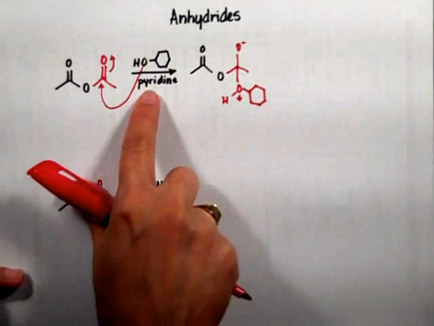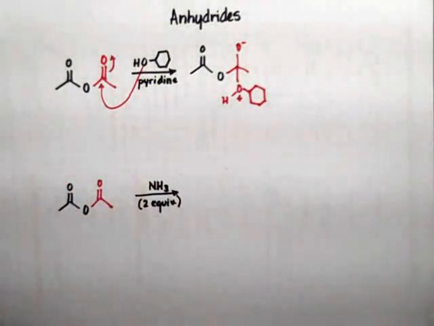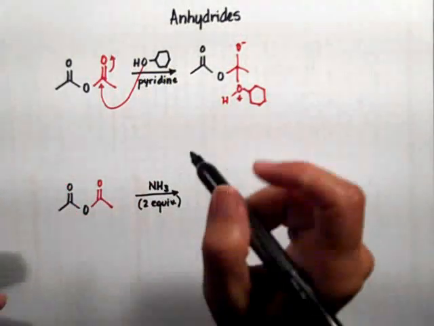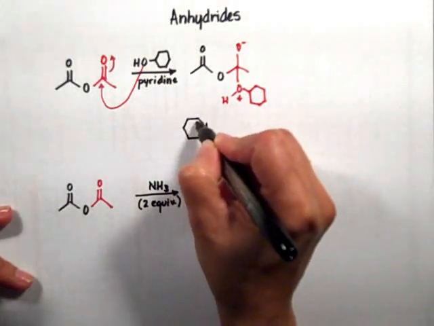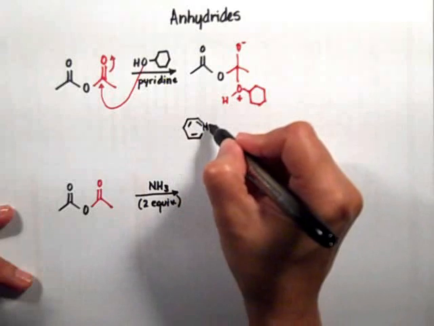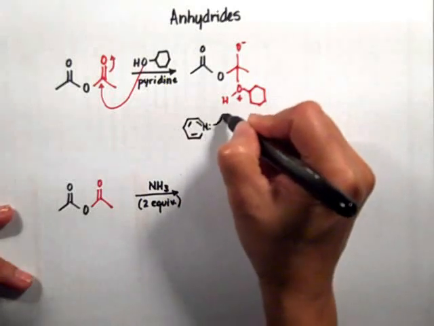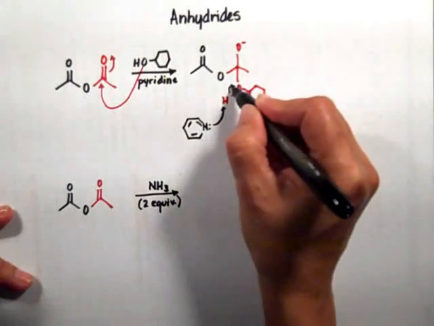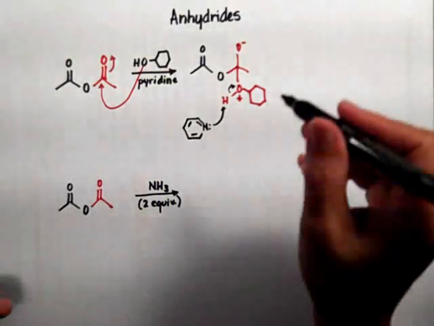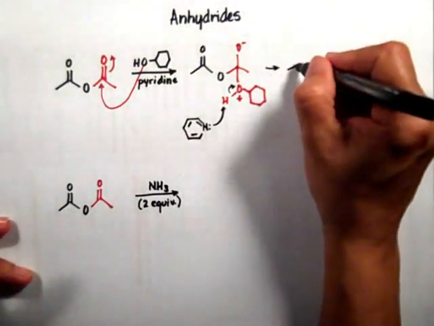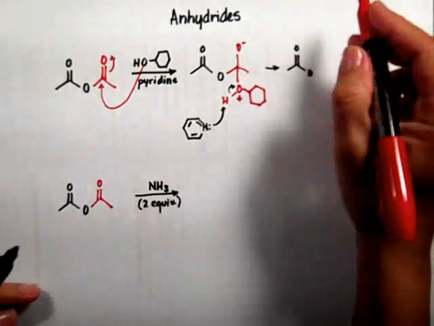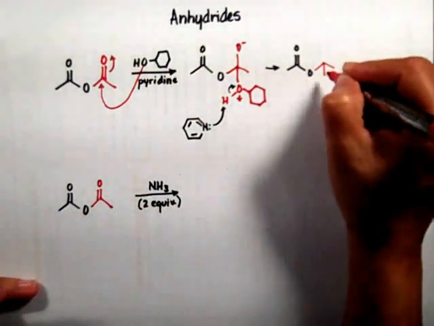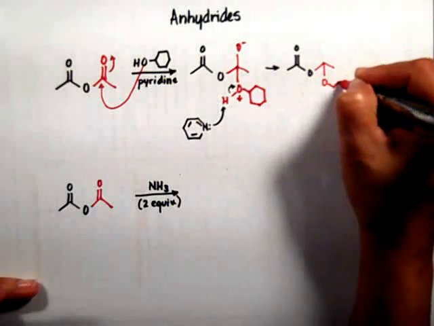How do I get rid of the positive? I have pyridine in there. And the pyridine is going to just simply come. Remember, pyridine is aromatic. It has a 6-member ring with the nitrogen, and it can pick up protons because it will not lose aromaticity. And I get my tetrahedral intermediate. It's neutral. Well, it's negatively charged, but good enough for us